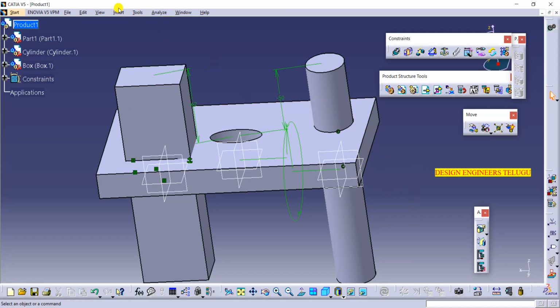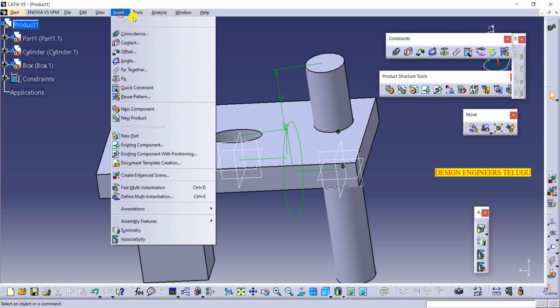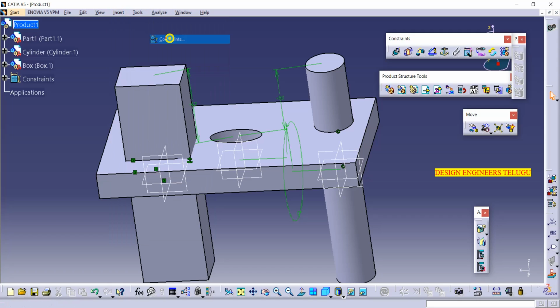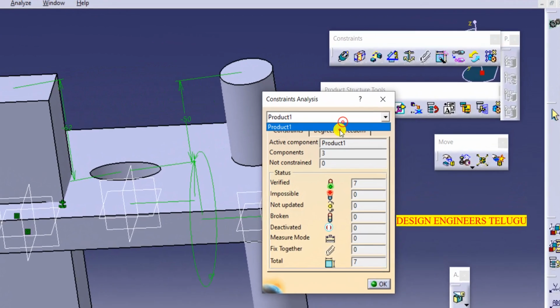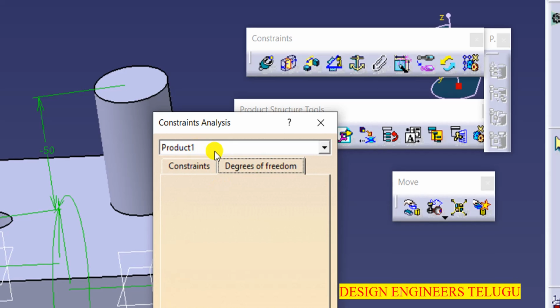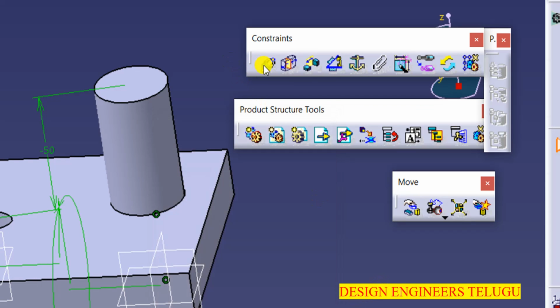So now if you check the degree of freedom, this assembly is having 0 degree of freedom. So like this we can use concentric constraint, contact constraint, offset constraint, and angle constraint. And in the very starting we have discussed about this fixed component option also.